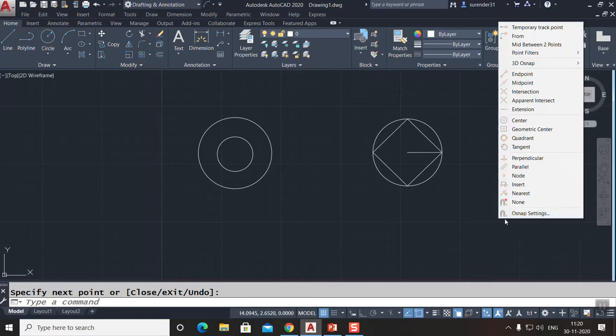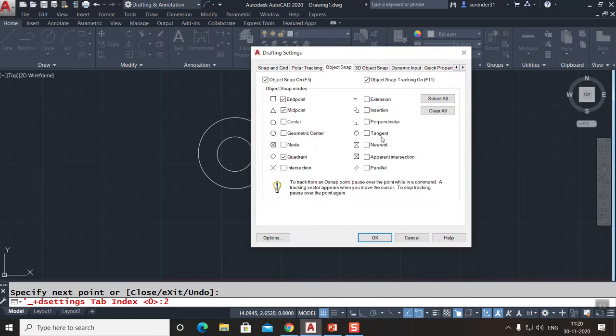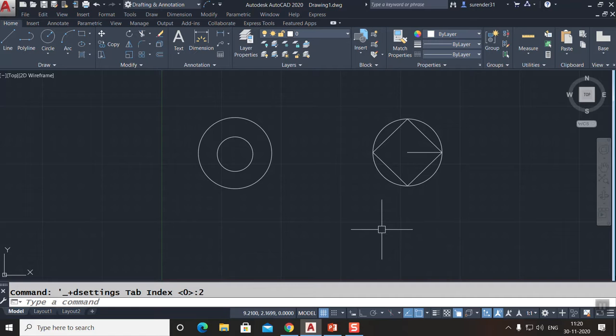Now let's check out the tangent. So center is on. As I just told you, there are interdependencies on the OSNAP modes. Now if I want to locate tangent, I cannot, because the center and quadrant OSNAP modes are dominating the tangent OSNAP mode. In this situation there are two options. Either you make the center and quadrant off in the dialog box, or you can access it from the command